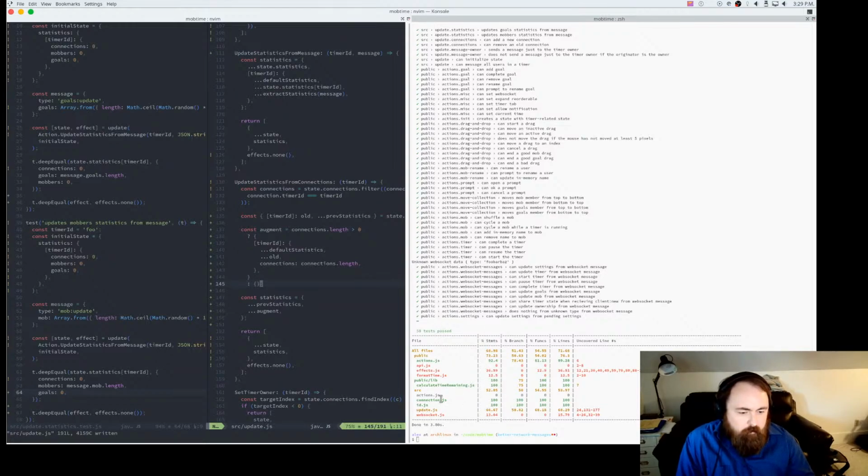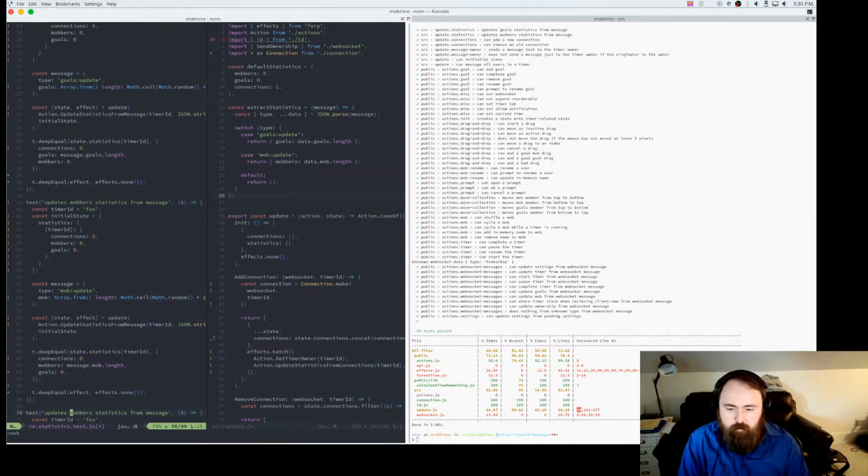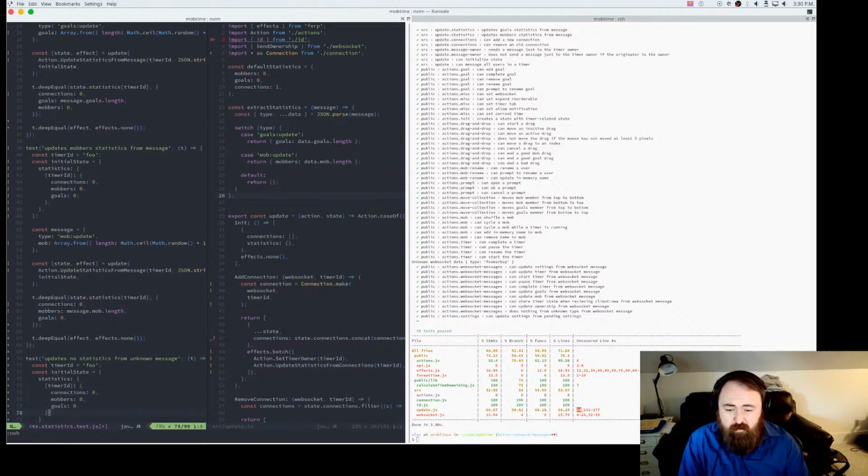And so anyway, if we looked at update and we see that line 24 isn't covered, so let's go there first. Line 24 is if we had anything that isn't goals update or mob update. Honestly, I don't think that there's a default here, but just for fun, updates no statistics from unknown message.